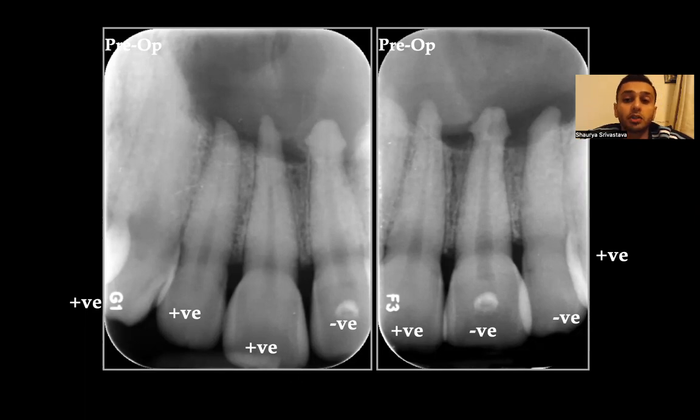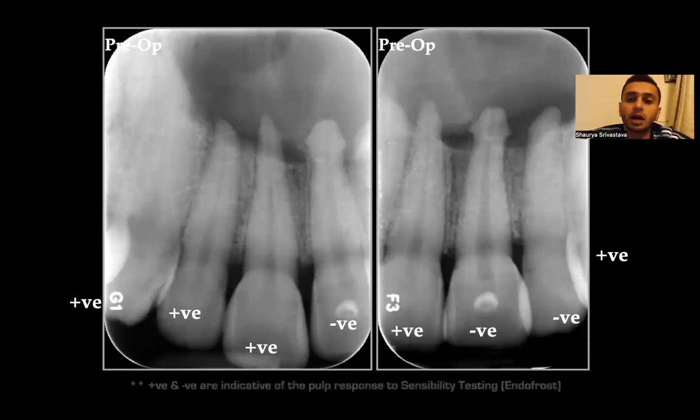4 of them respond absolutely normally. The upper left 2, as you can see, is completely calcified. There's a history of trauma, it will make sense. And upper left 1 as well, previously accessed, and it does not respond to any cold. Okay, all the rest are positive. So my treatment plan is that I'm going to be probably working on what is not responding to cold. All right, so my plan was that I am going to,